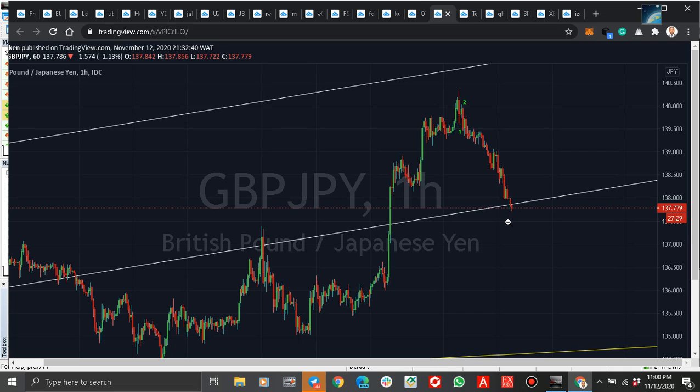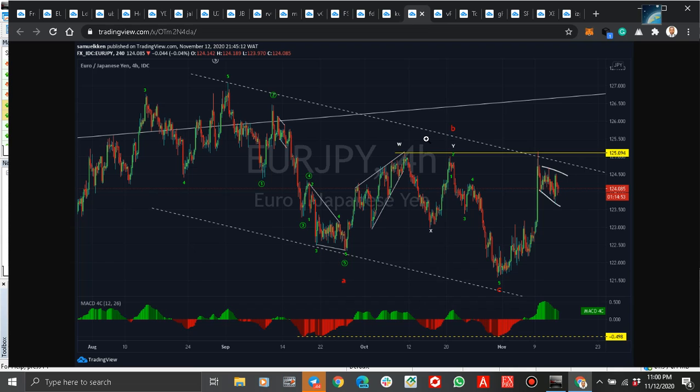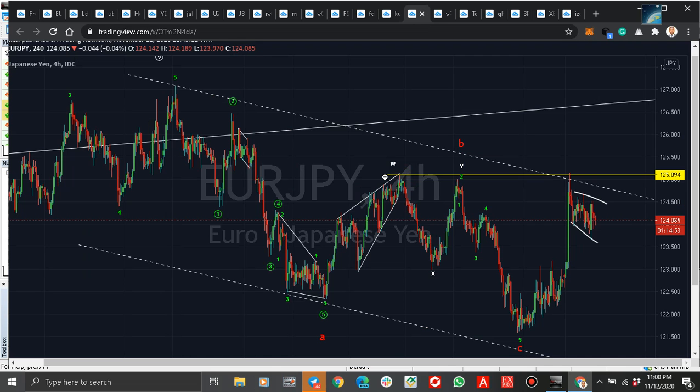If you have not entered somewhere here, you wait. If you see a correction or a pullback, you can enter and continue selling. Then if it continues going down without correction, you find another pair to trade. Okay, that's for JPY. USD JPY,